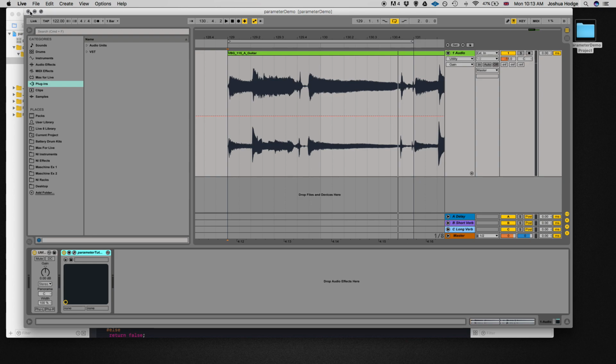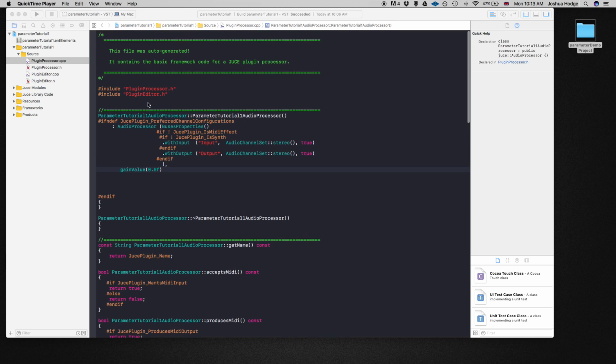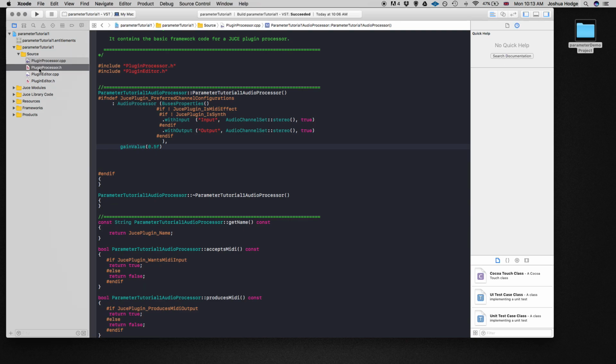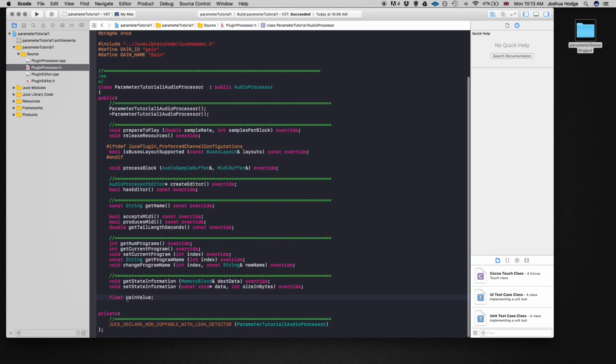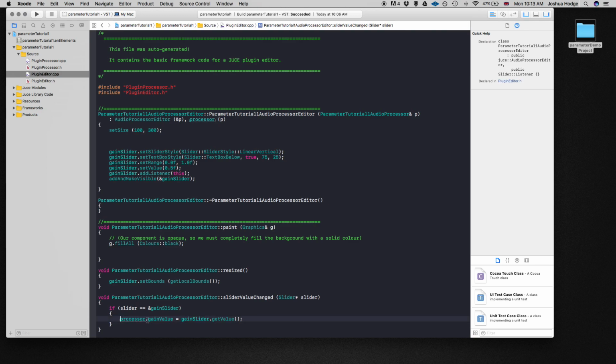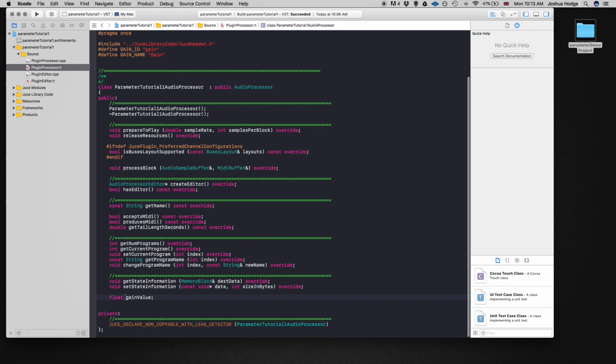So we'll just close out Ableton here, and I'll just walk you through the project that we have at the moment. So this project is very similar to the one that I did 2 tutorials ago. It's just creating a gain slider where I have a slider that's going between the values of 0 and 1. I'm pushing those values into the processor on a float variable that we call gain value. And then on the processor, you can see here I have this variable, this float gain value, and that is just